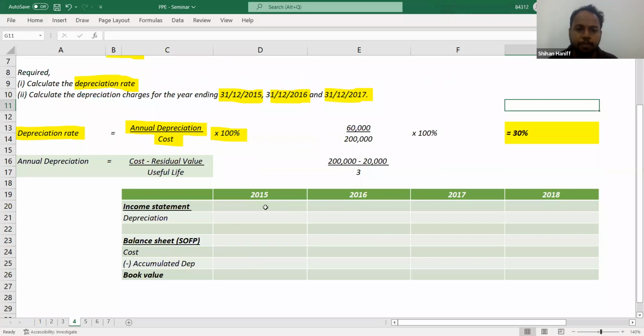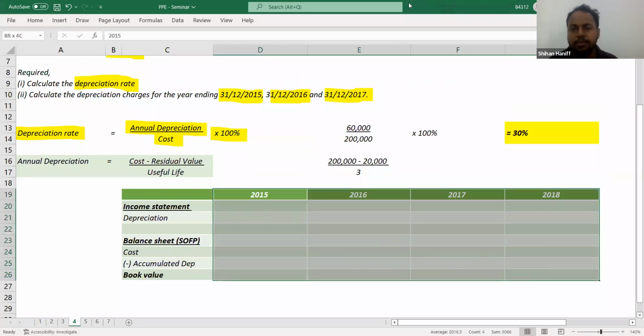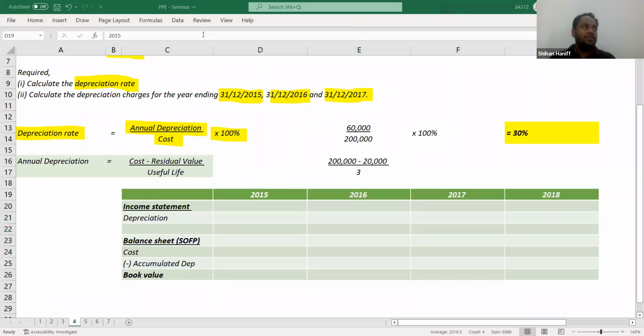Now let's calculate the depreciation for each financial year. Understanding this is important because in our exam papers, we won't get the first year. We will get sometimes in between. Depreciation, there might be a special question. So let's start with